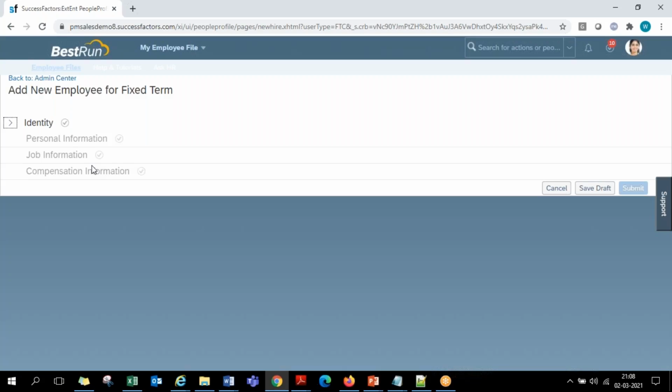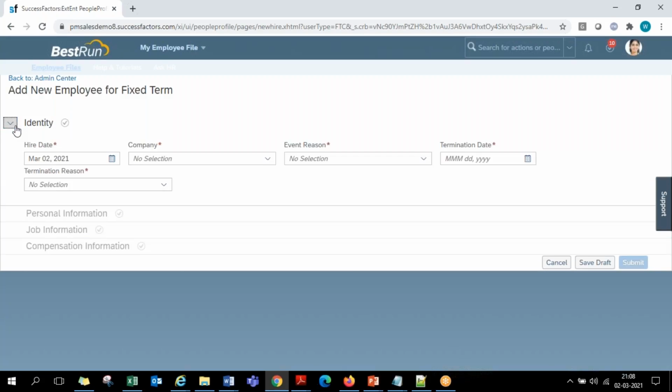Apart from these 4 categories, there will be a few more portlets which appear on the people profile only once you hire an employee. At the stage of hiring, those sections don't come, like the employee education details, employee certifications, and previous employment details. Such background portlets will not appear in the hiring process. Once the employee is hired, later on we can maintain them in the people profile. So now let us go through all of these and see what will actually be captured at the employee hiring process.